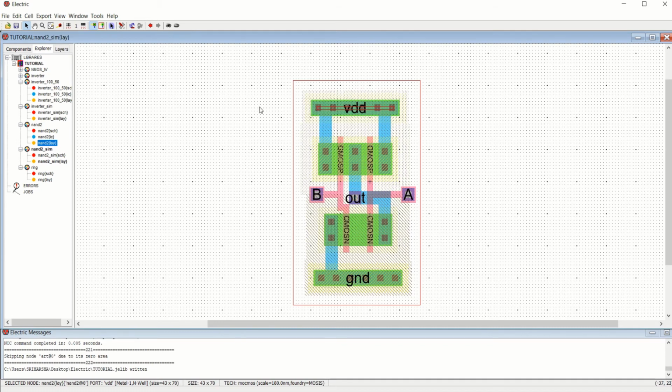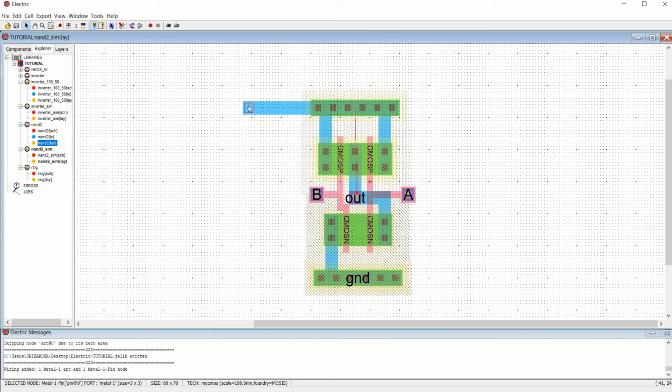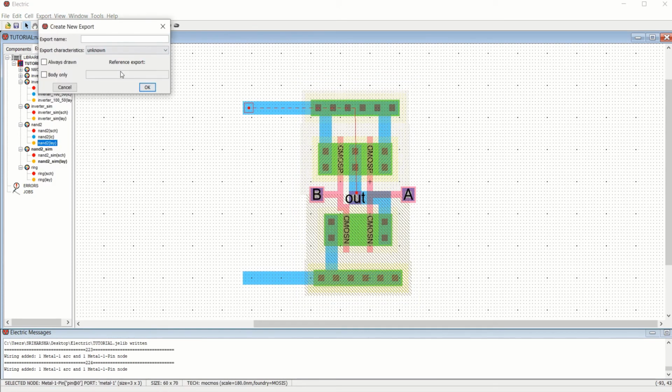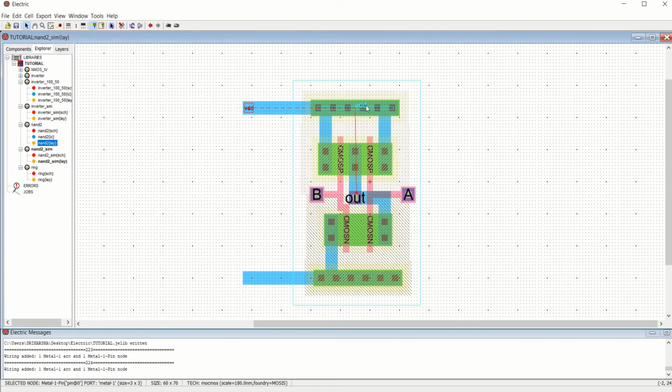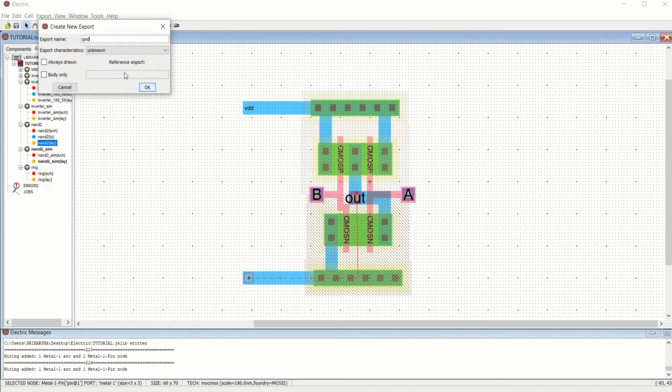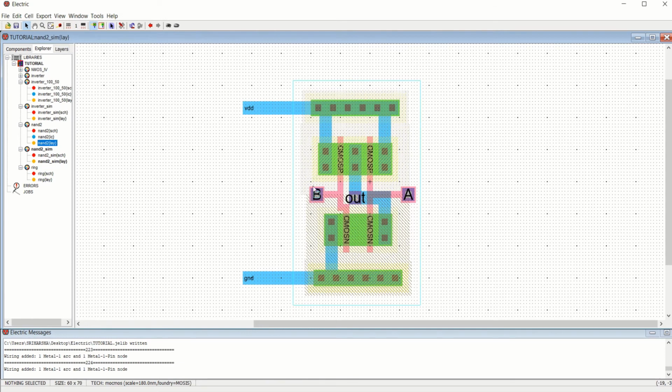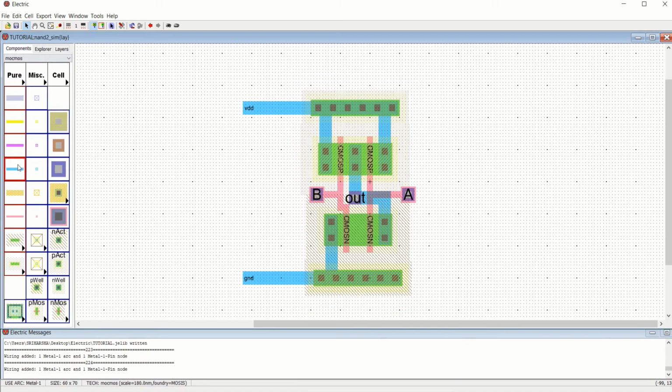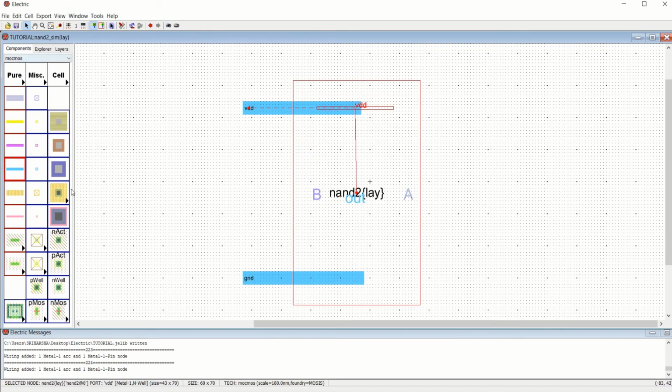Okay. So try to extend this particular design by selecting this. Next, this one, and export this as VDD, whatever name we have given, and this one as ground, GND. Okay, now try to export this. The layer you have to use is metal 2. So you have to use the metal 2 layer to interface.